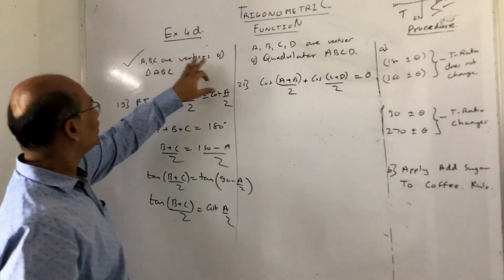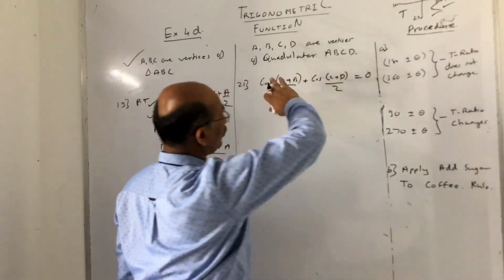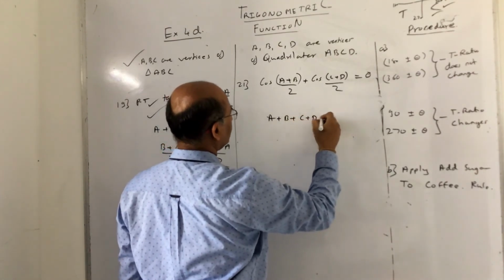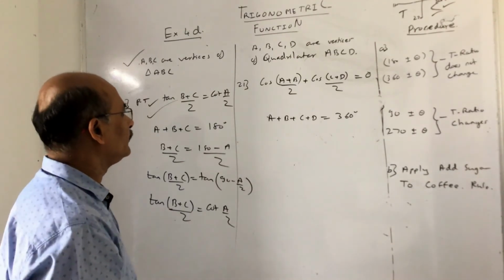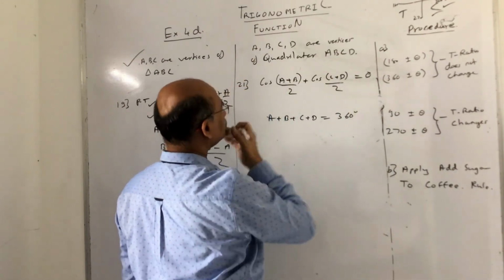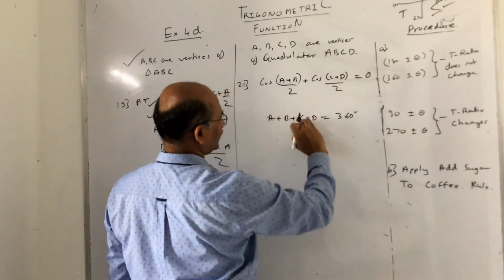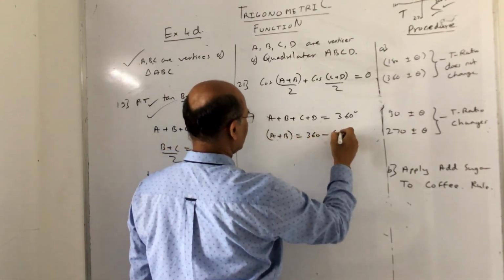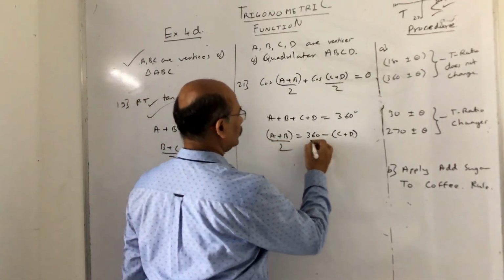Again, this is given: ABC are the vertices of triangle ABC. I took A plus B plus C is equal to 180 degrees. ABCD are the vertices of quadrilateral ABCD. So from here I can say A plus B plus C plus D is equal to 360 degrees, because the sum of the angles of a quadrilateral is nothing but 360. Fine. Now I want A plus B and I want C plus D. So I take C plus D to the other side. So A plus B is equal to 360 minus of C plus D. Agree? Now I want upon 2, same procedure. So divide by 2, divide by 2.